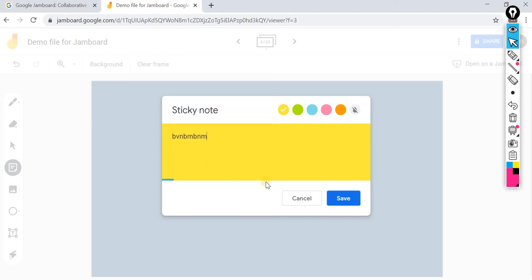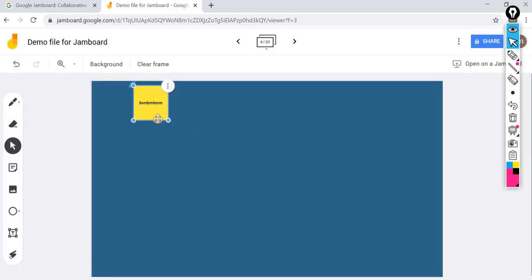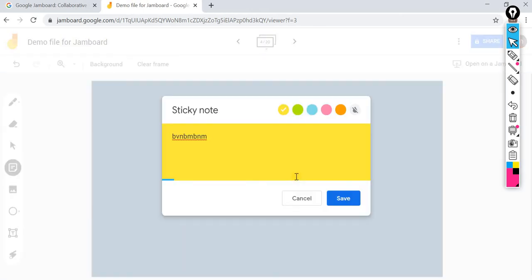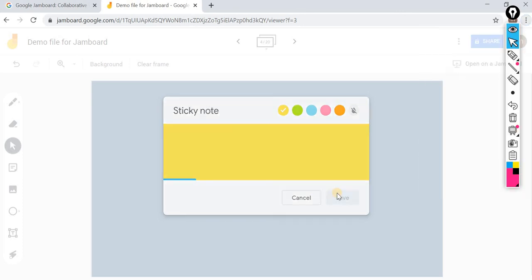If you type something here and then save it, and you don't want the sticky note anymore, just cancel it, and it will go. Now this sticky note, once you touch it, you can move it in all 4 directions, and this shows only 2 directions, you can expand it. And one more beautiful thing about it is, if you touch it, you will have the option of edit. If you feel that something more needs to be written, you can edit.